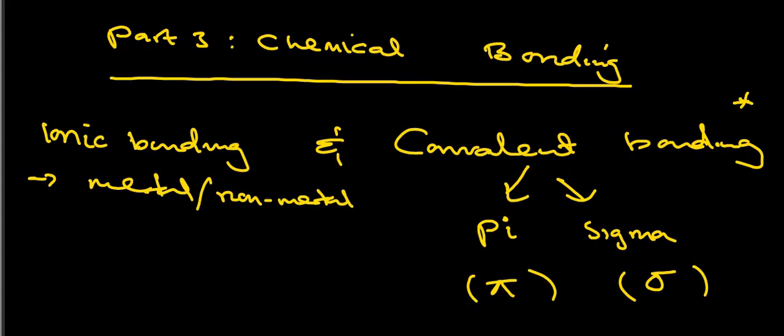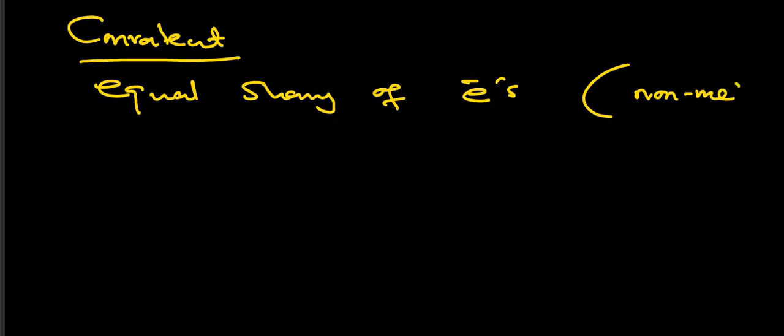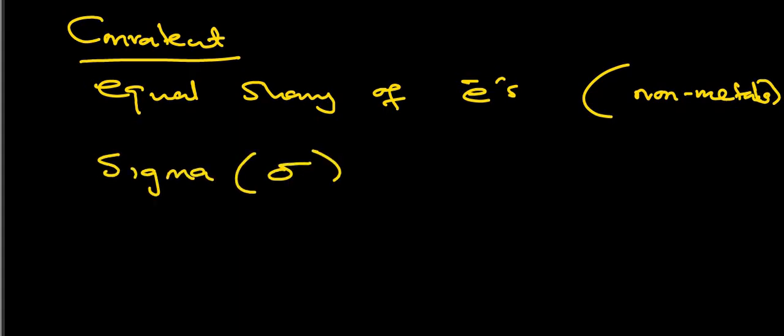I'll explain how each one of them is formed, and we'll start with the actual definition of a covalent bond. Remember, in a covalent bond you have equal sharing of electrons, and this is always between non-metals. We are going to start with the simple one, which is the sigma bond. A sigma covalent bond